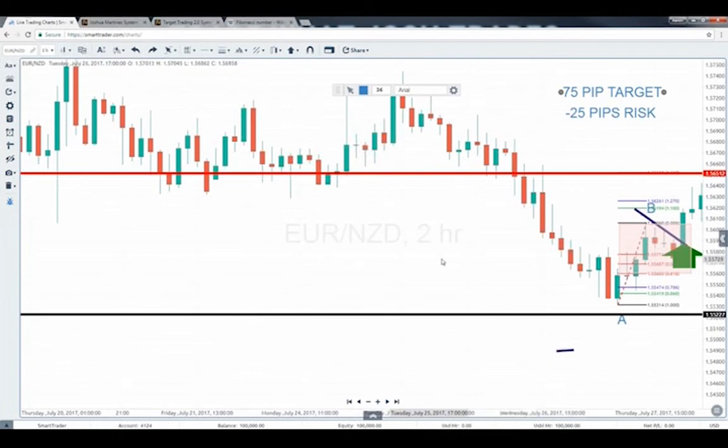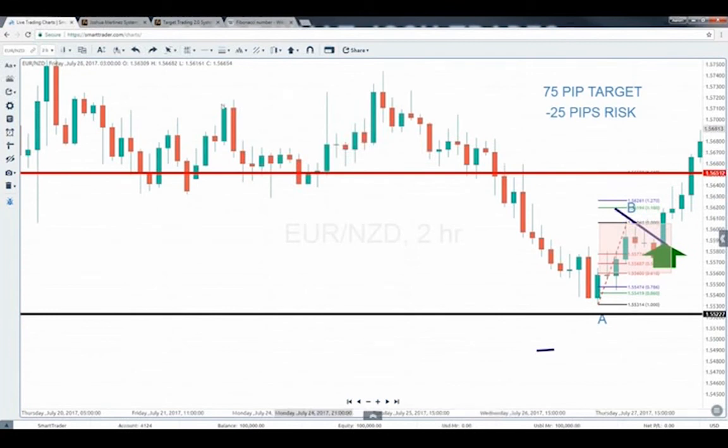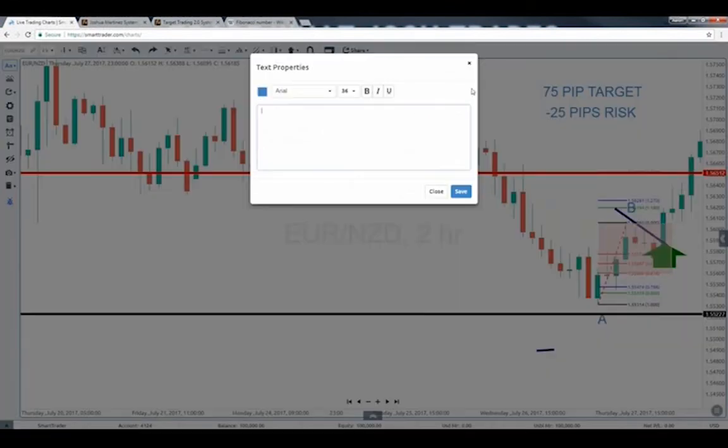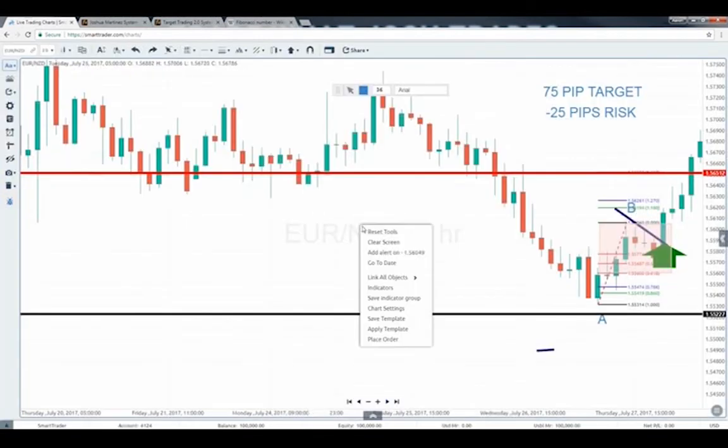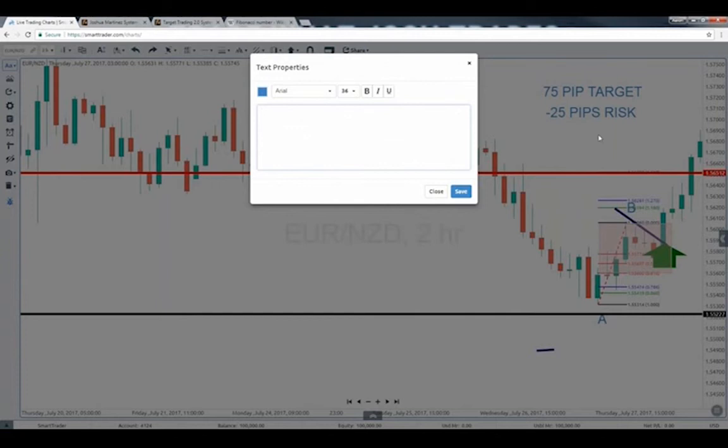So we get into this trade, we buy, and does it hit our Fibonacci? Boom, perfectly right there. So right there we make our pips. How much time did that take? So now what we do is we made our pips. We were in this about 8 hours. Not bad for an 8-hour trade. And so we just made in 8 hours 75 pips,